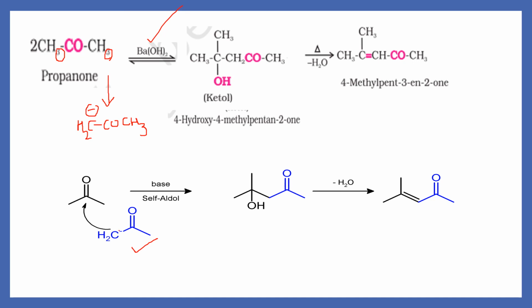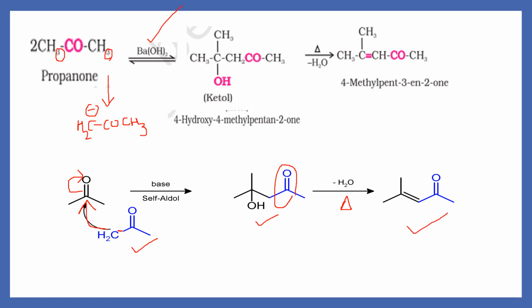Then here is the negative charge on carbon. This will attack on another molecule of its own kind, because here I have taken 2 molecules of acetone, propanone only, in the presence of base. Simultaneously this electron density will shift here. This is how you write the product, which is ketol. Because of this ketonic group here, we call it ketol, beta hydroxy ketone. And then on heating, it is also going to lose water to give you the more substituted alkene in major amount. So this is the major product.